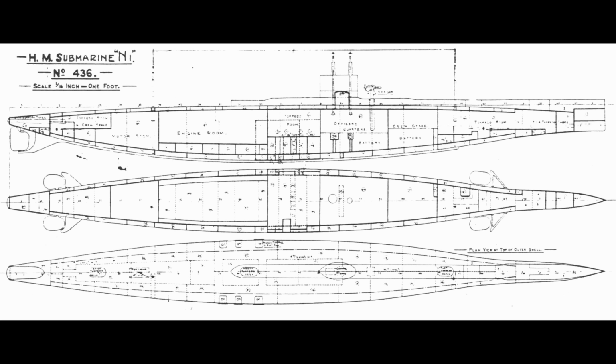Its somewhat shorter range of only 3,000 miles betrayed a shift over towards the idea of supporting the fleet, which this design theoretically could actually do quite well, because it could range ahead of the fleet at 24 knots when the fleet was only capable of a maximum of 21. But the great size of the sub compared to existing designs, coupled with its novel power plant, and what that size might do to the sub's ability to control its depth, which turned out to be something of a prescient concern, meant that the design was put on hold until Nautilus and Swordfish, which had already been ordered, could be